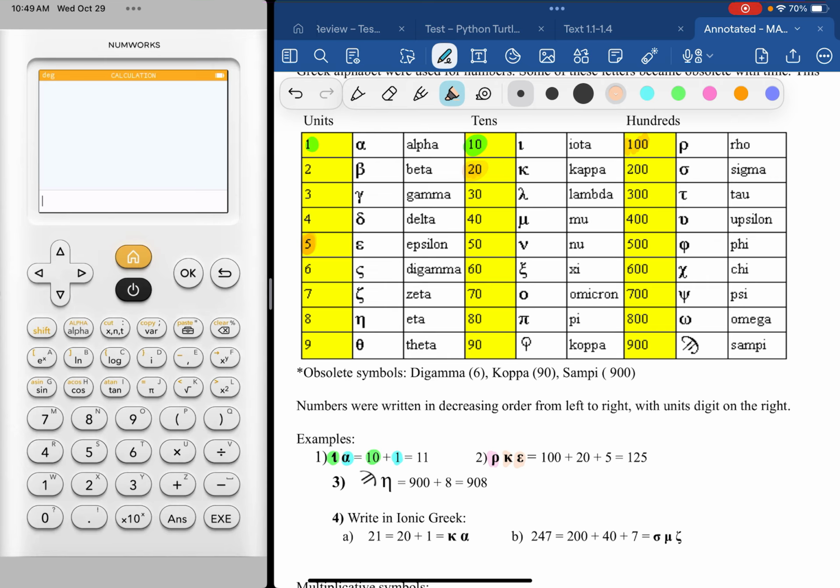But unfortunately, it's not as simple as just taking the first character. So if I wanted 1, 2, 5, you might say it's alpha, beta, epsilon, because I'm just taking the 1, the 2, and the 5. Right? That's kind of like some of the short notations that we've learned,